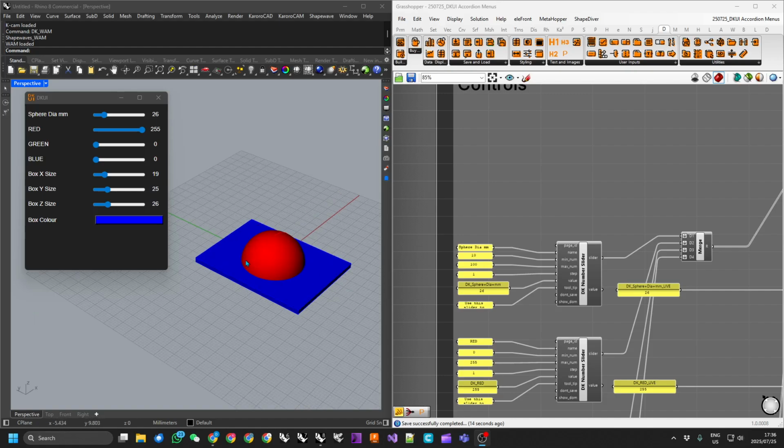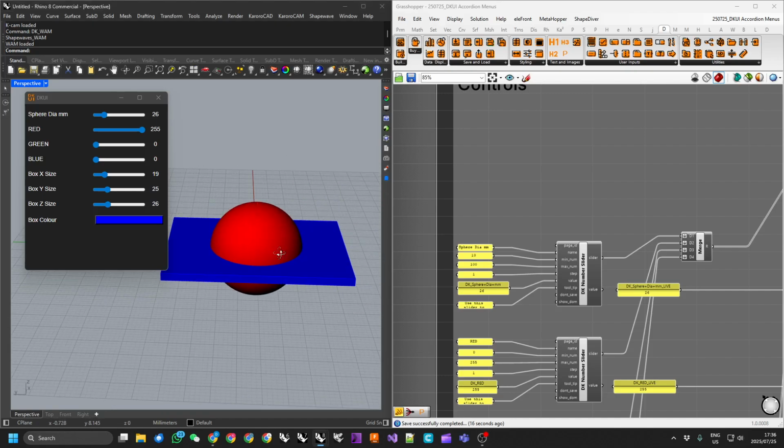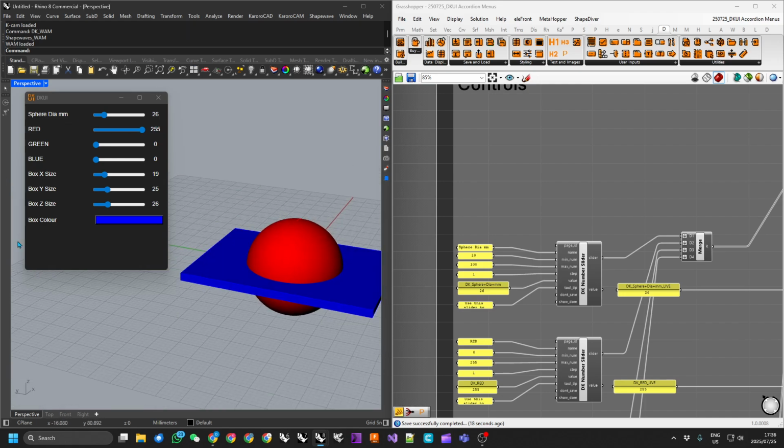Hi guys, DK here. Today I'm going to be taking you through a new menu layout component for DKUI. This is the new Accordion